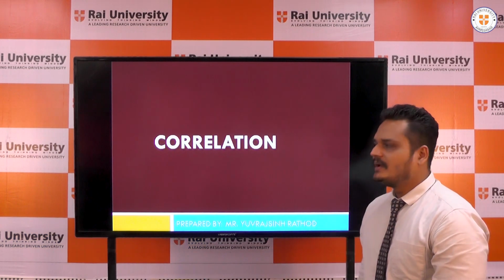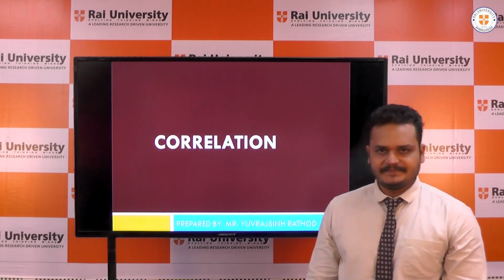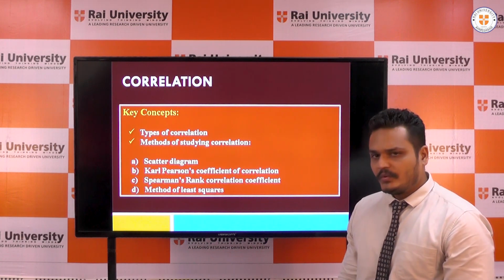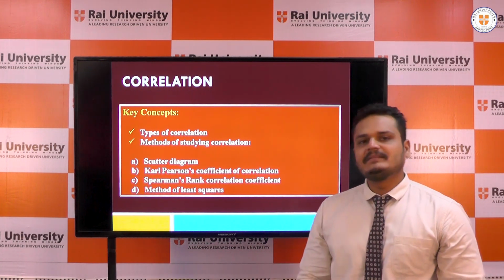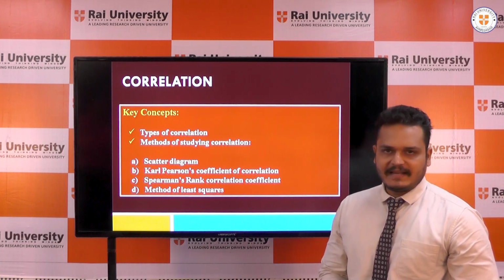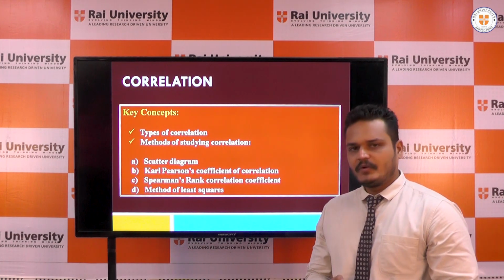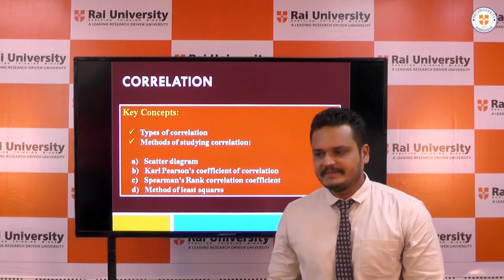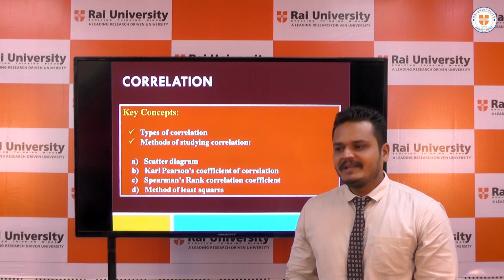Today, we are going to learn about correlation. The key concepts of correlation include types of correlation and methods of correlation. Methods of correlation include scatter diagram method, Karl Pearson correlation coefficient method, Spearman rank correlation method, and method of least squares. We are starting with the